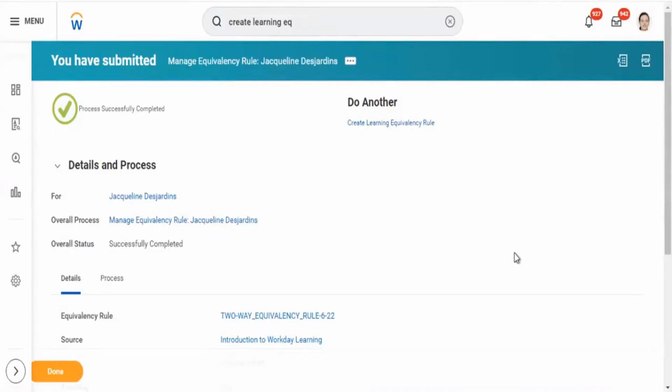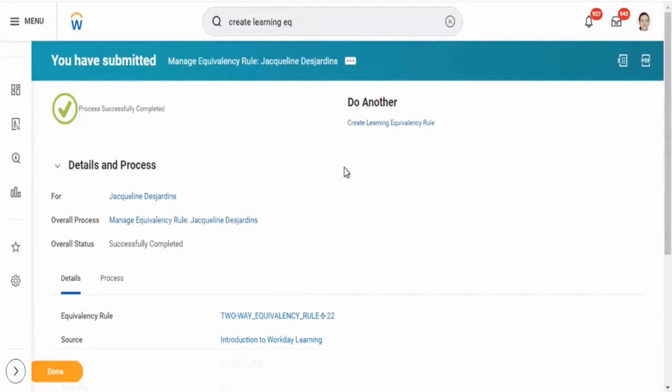Since there is no business process configuration, it has not gone for any approval. There is no business process approval from a manager or any senior. Automatically, when this was submitted, it got completed.